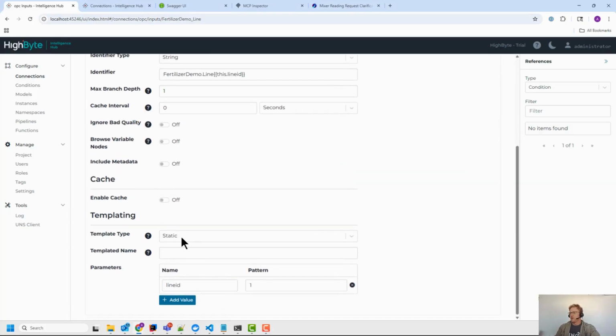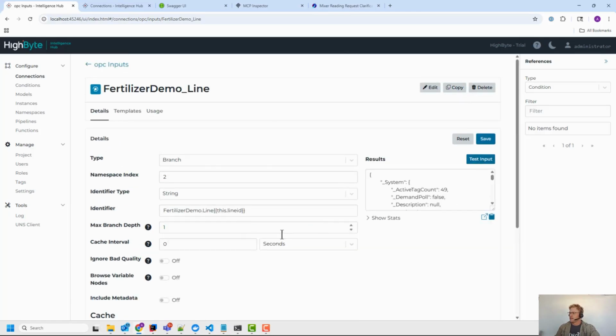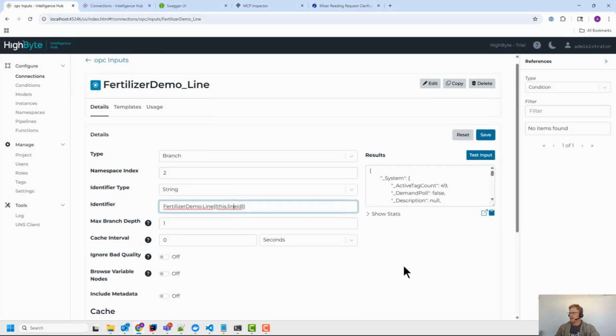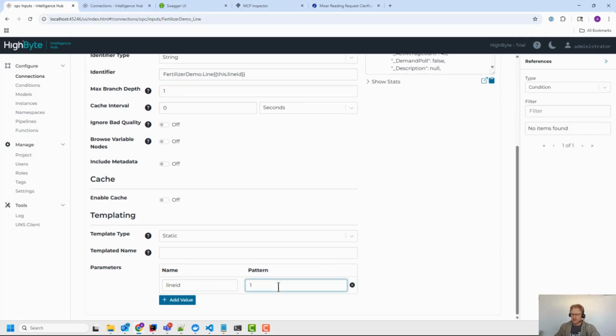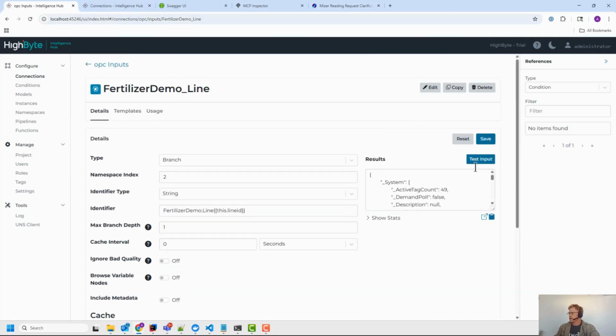Now to do that in 4.1, you turn on templating, you define the line ID, and then you define the pattern. In this case, I'm just defining a default value. And when we read, that one gets substituted in, and you're good. Now you could also templatize this, which means you define inside this definition variants of it, so 10 values. And then when I read this,